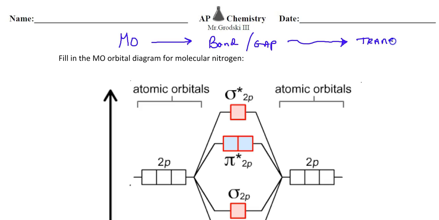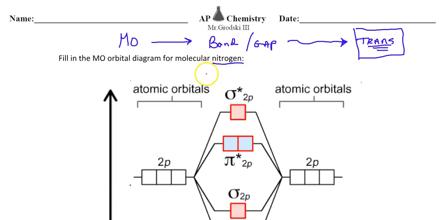Okay, now transistors I'm not going to get to in this lecture, but I'm going to take you from the MO theory to the band or gap theory, and then eventually to transistors. Okay, so I need to get through these two. So let's start. Now I did molecular nitrogen